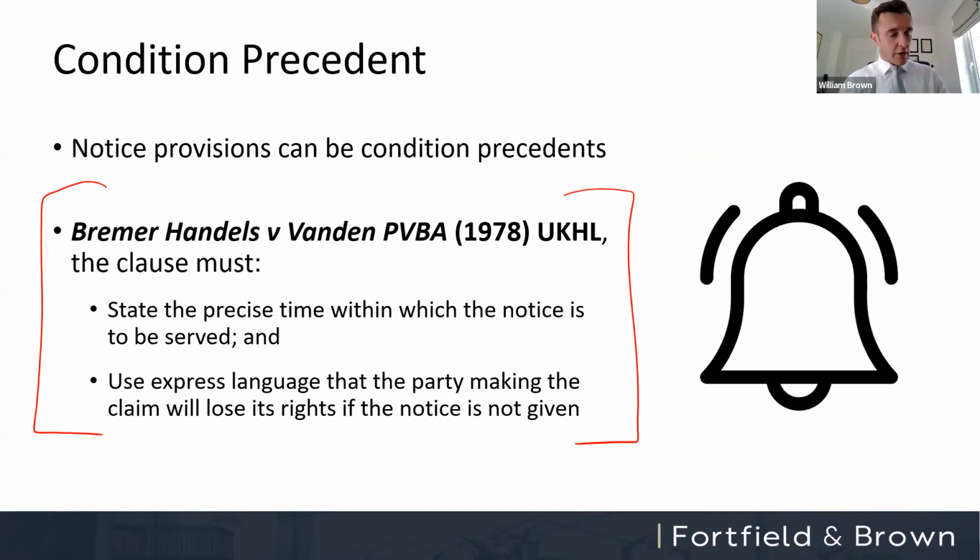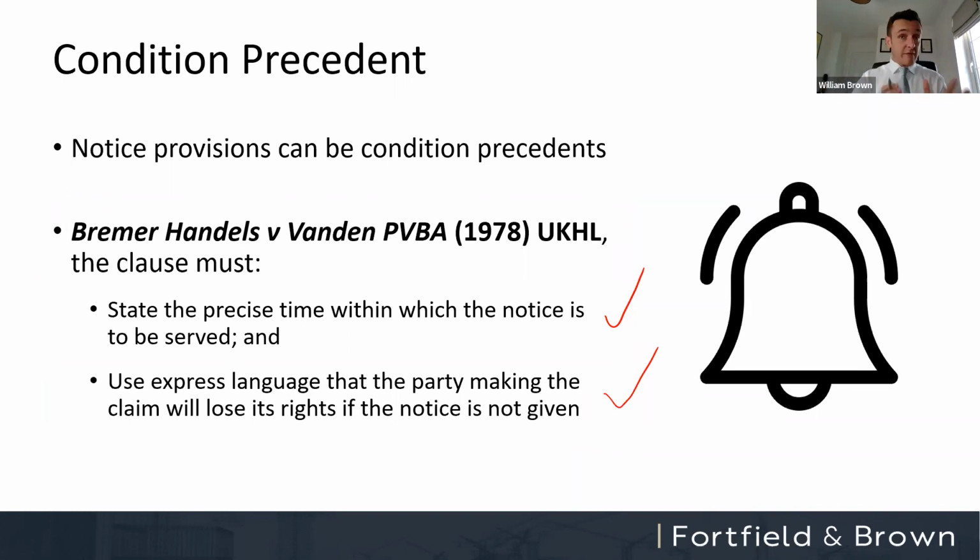For example, another common one would be not providing a collateral warranty. If you do not provide the collateral warranty within 10 days of being asked, so that's the first limb, you will lose entitlement to any further payment. We can withhold all of your monies until that collateral warranty is given. That's the second point. So again, watch out for these condition precedents. They are a very common feature of construction contracts.